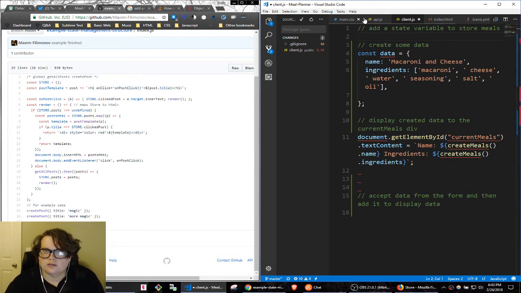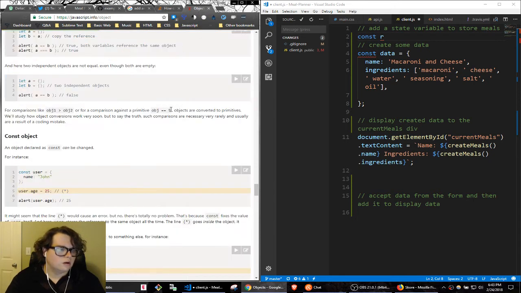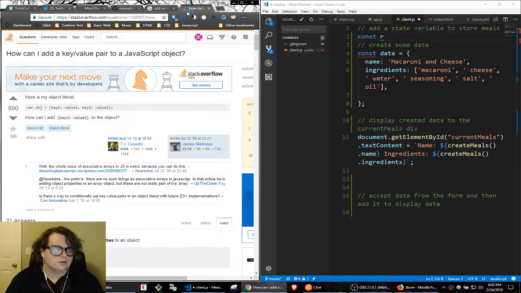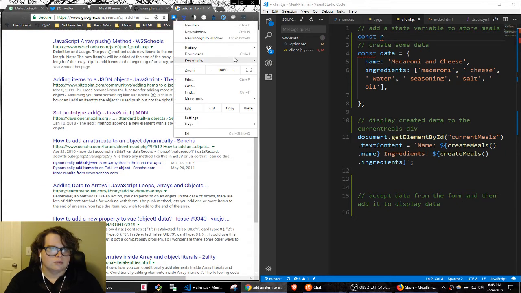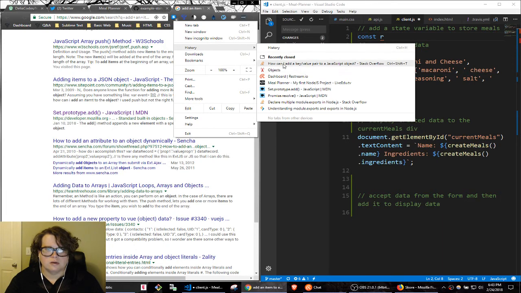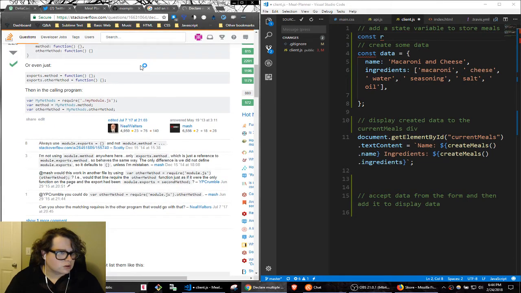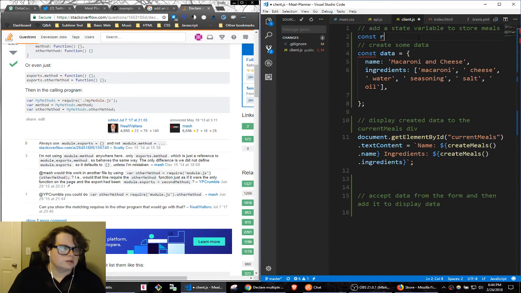Okay, so let's say const require, and then, I think I closed the thing that would do it. So let me find out my recently closed tabs. Yeah, it's a Stack Overflow. Okay, so it looks like, okay, require equals module.js. Okay, const